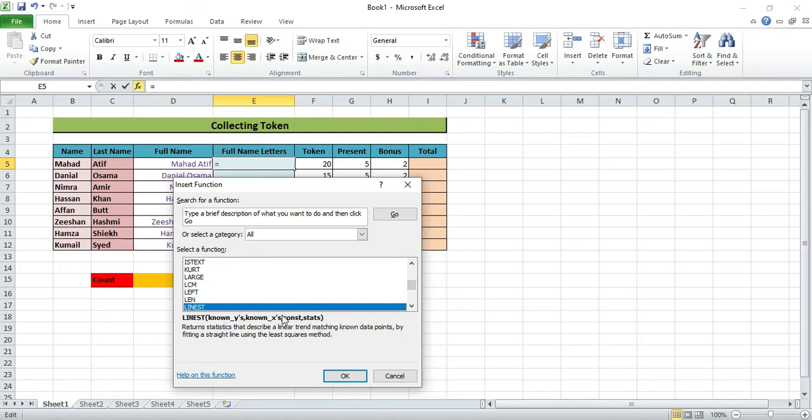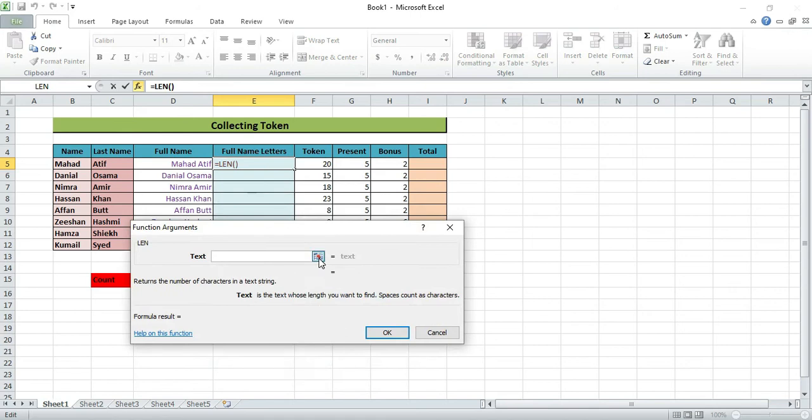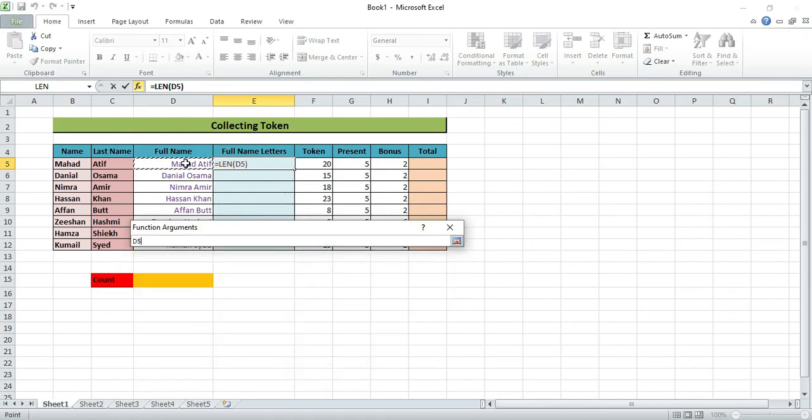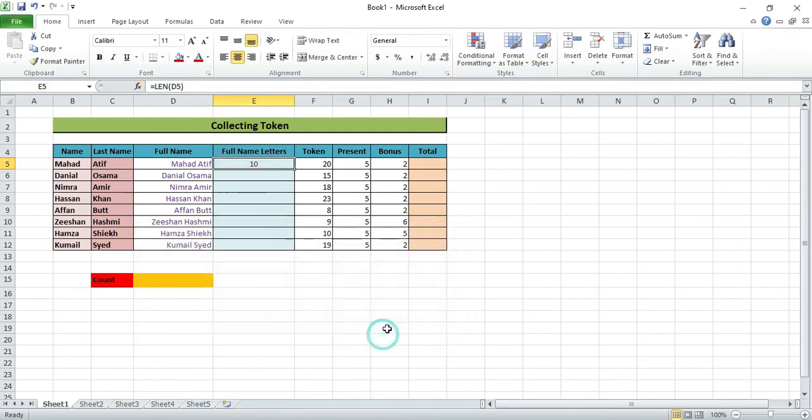It's a LEN function. Yes, select it. Then what text do you want the length of? I'm selecting it. It will give me the length. Okay, it will count. Mahad Atif has 10 letters, so I'll drag over here and you will get this.